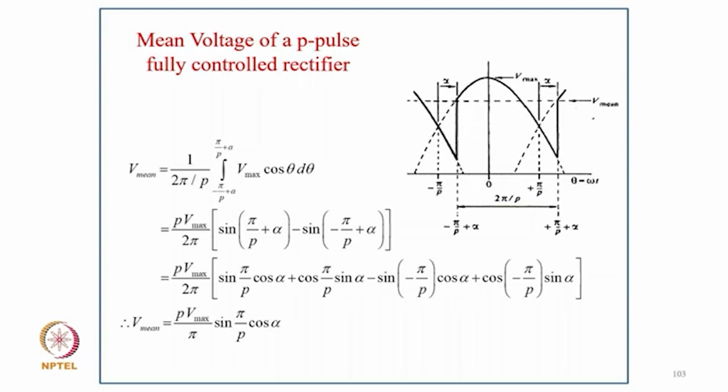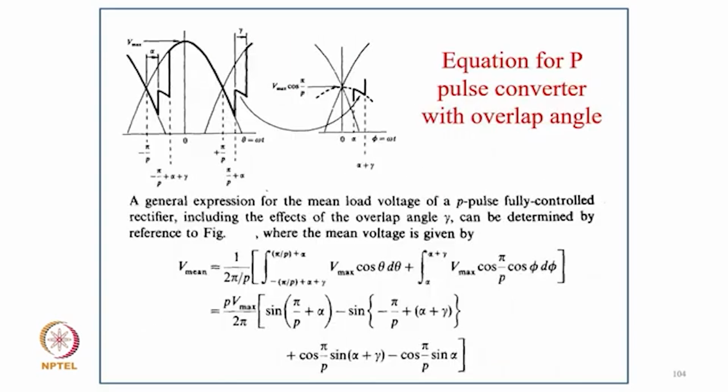Typically for a 3 phase bridge rectifier it will be the line voltage, but for full wave it will be the phase voltage. And this is the effect of the source impedance on the P pulse converter. The general expression for the mean voltage for a P pulse controlled rectifier, including the effect of overlap angle,